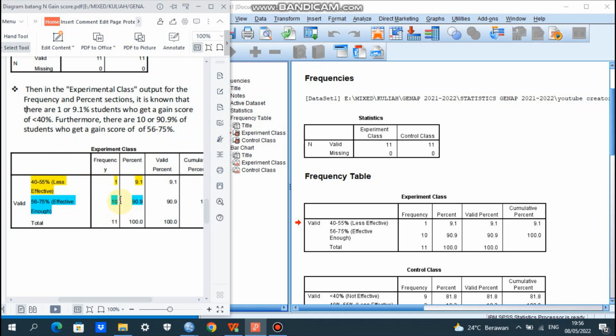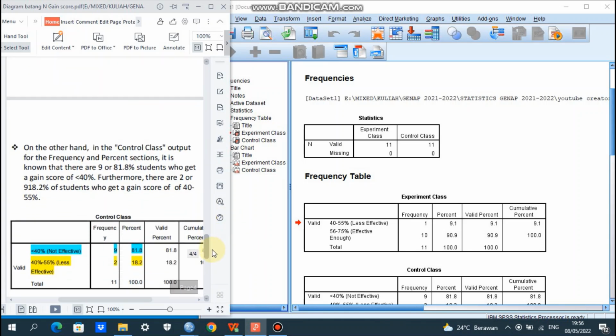And then the frequency 10 times of students showing the N-gain scores between 56 and 75% categorized effective enough, or if it is in percentage, 90.9%. So the total of the percentage is 100%. And the total of the frequency is 11, just like the total number of the participants.